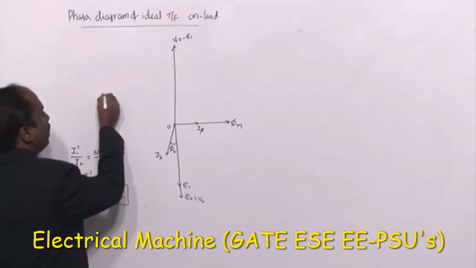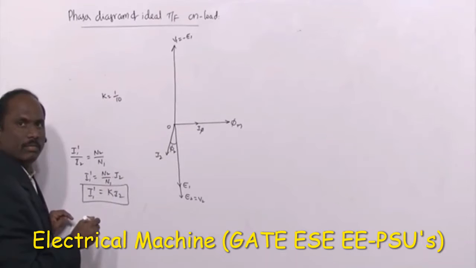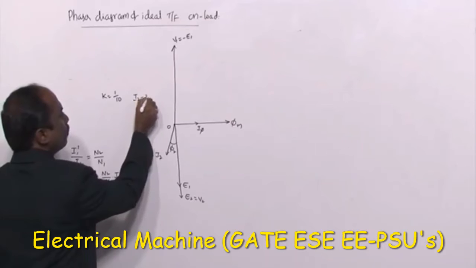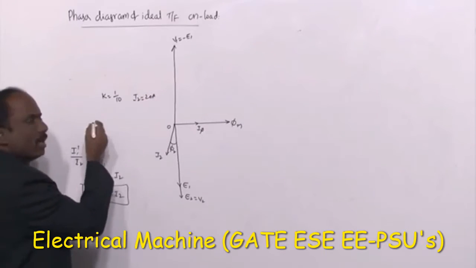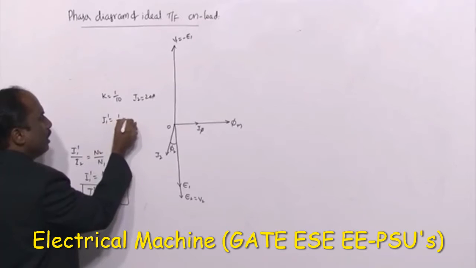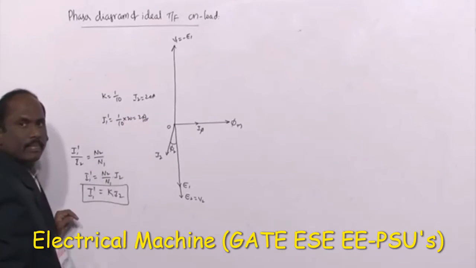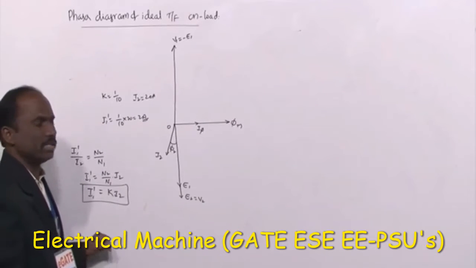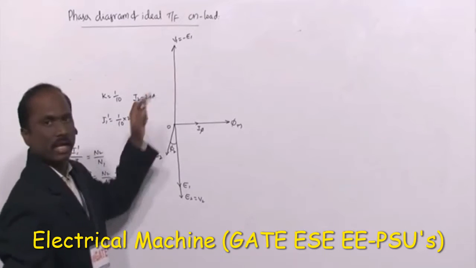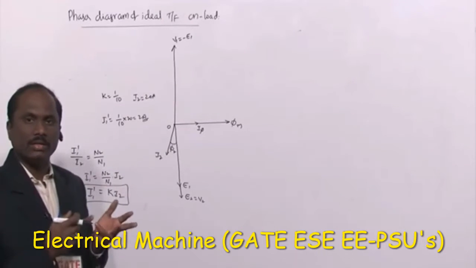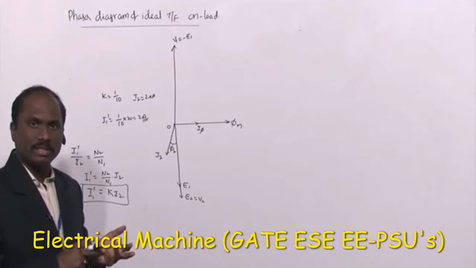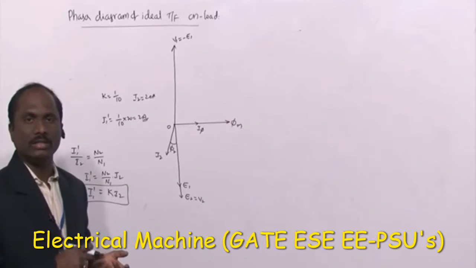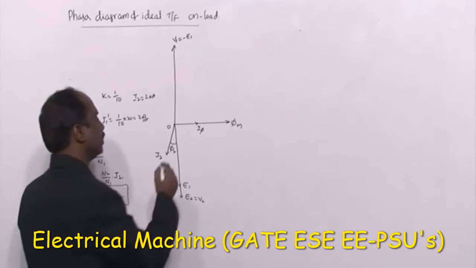If a transformer is having K equal to 1 by 10, and that ideal transformer under loaded condition is taking a current of I2 equal to 20 amperes, what is the reflected value on the primary? I1 dash is nothing but 1 by 10 into 20, which is 2 amperes. So on the primary side it will take only 2 amperes of extra current. What is the value of primary current actually? The primary current is the no load or magnetizing component of the current plus the extra current needed to compensate the reduction in the magnetic flux in the core, such that V1 is equal to E1.